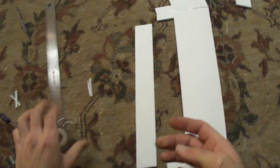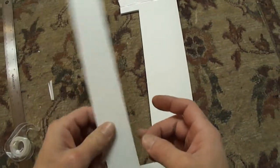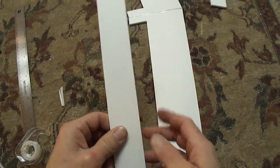Alright, let's go get to clear taping these on. Now what I like to do is I'll just take a couple of little pieces of clear tape,